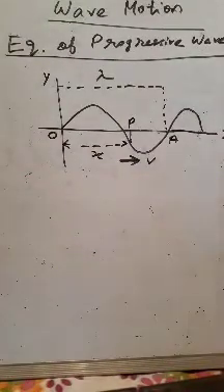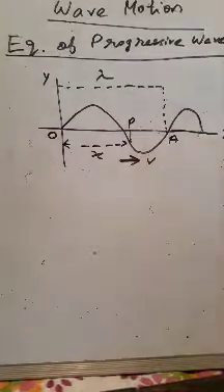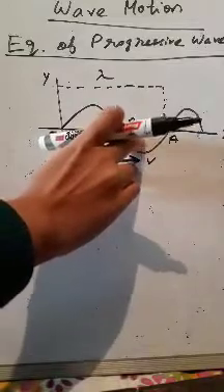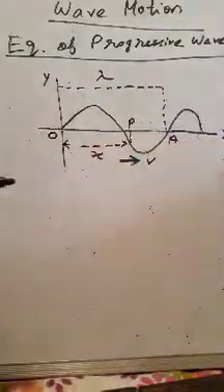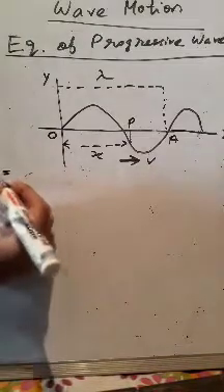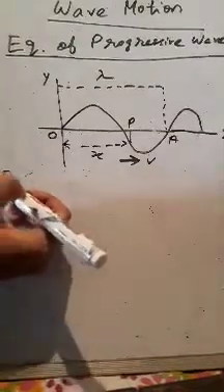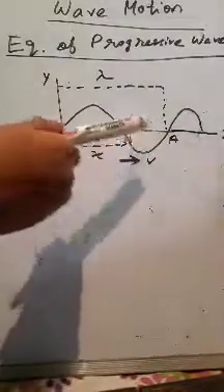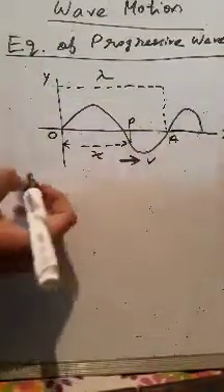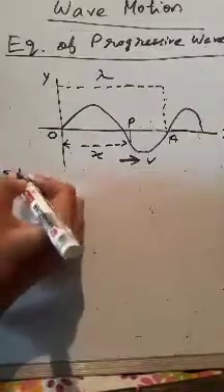One of the equations that we have learned is that while propagating, the displacement of the particle at position P, that is y, means the displacement of the particle, and we are considering this position P. So y equals a sine